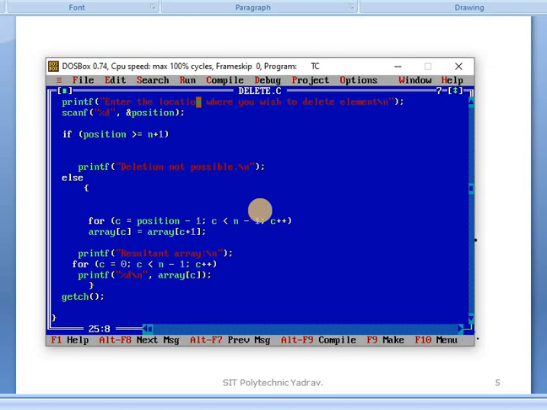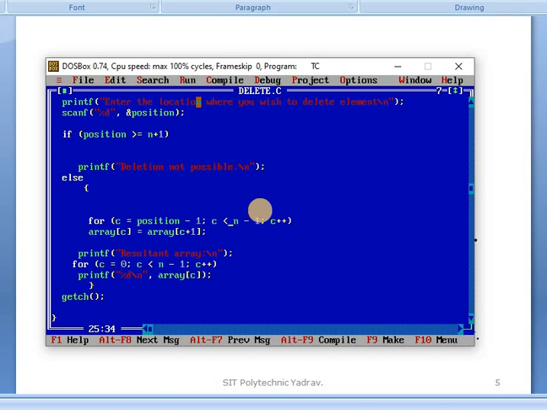Through this we obtain the output. Checking in that way, for example, we give position 2. Your array has n elements, say 5, and given position 2, the element at position 2 is deleted. Then position minus 1, for example 2 minus 1 is 1, is assigned to c, so c = 1. Then c, which is 1, is less than n minus 1.